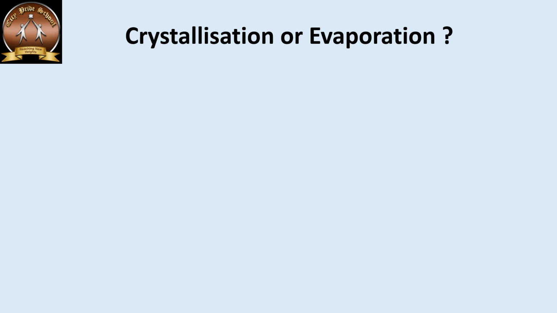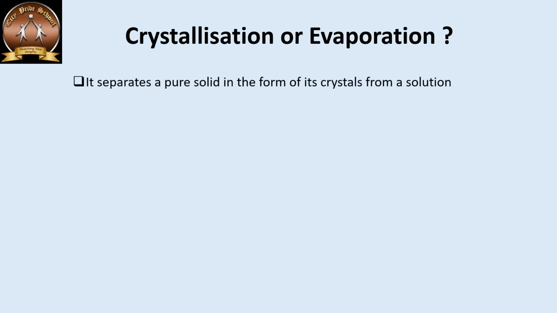Now we move on to the next important thing: whether crystallization is the better option or evaporation is the better option when we choose to separate the solute and solvent. In crystallization we had seen that it is used to separate the solute from the solvent in a crystallized and purified form. So basically crystallization is used for purification of an impure sample and to extract the pure sample out of it. So what is the thin line difference between the usage of crystallization and evaporation?